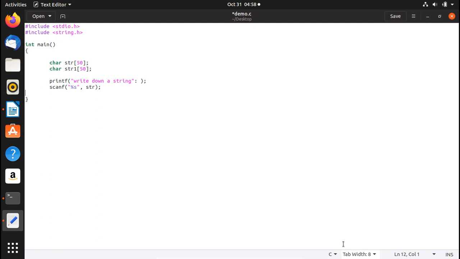I put a semicolon here, I come to the next line, and now what I'm gonna do is copy this from str to str1. Okay, so for that I would write a for loop. I would write for, and then integer i equals 0. I'd initialize it, and then I would write str, and then i, and then an equal sign, and inside of that we write \0,